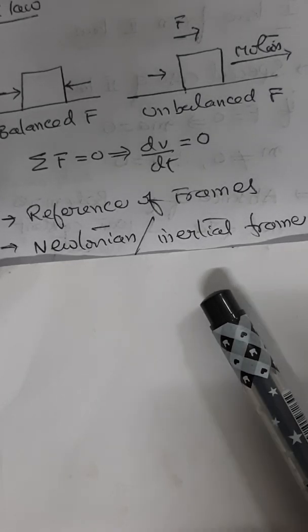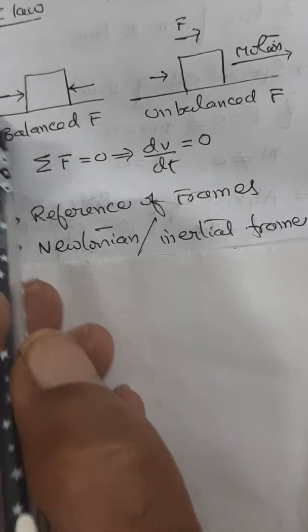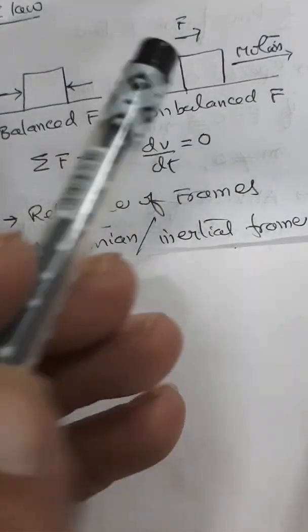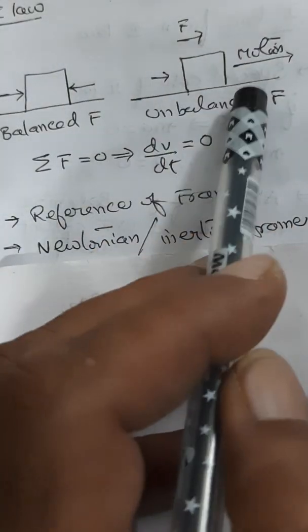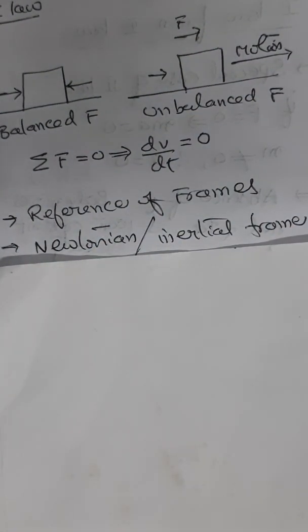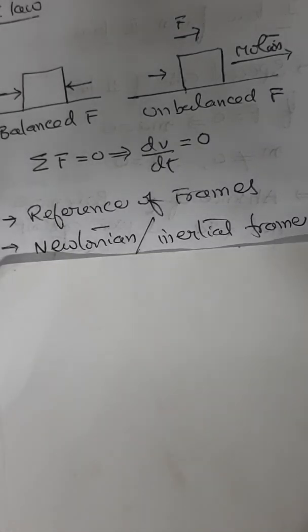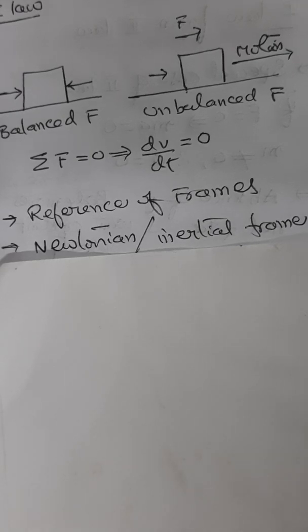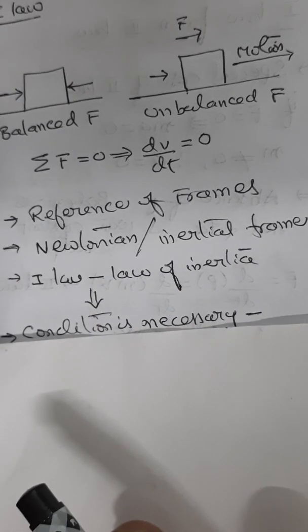That means, I am trying to interpret, if it is at rest, it is in the rest state only. If it is in motion, it is in the motion state only. That means there is only one frame of reference. Body at rest wants to be at rest. Body in motion continues to be in motion. That is what is basically the inertial frame of reference. So Newton's first law is often referred to as the law of inertia. Therefore, it is necessary for us to obtain a condition for the uniform motion of a particle relative to an inertial frame of reference, because the net force acting on it is 0.